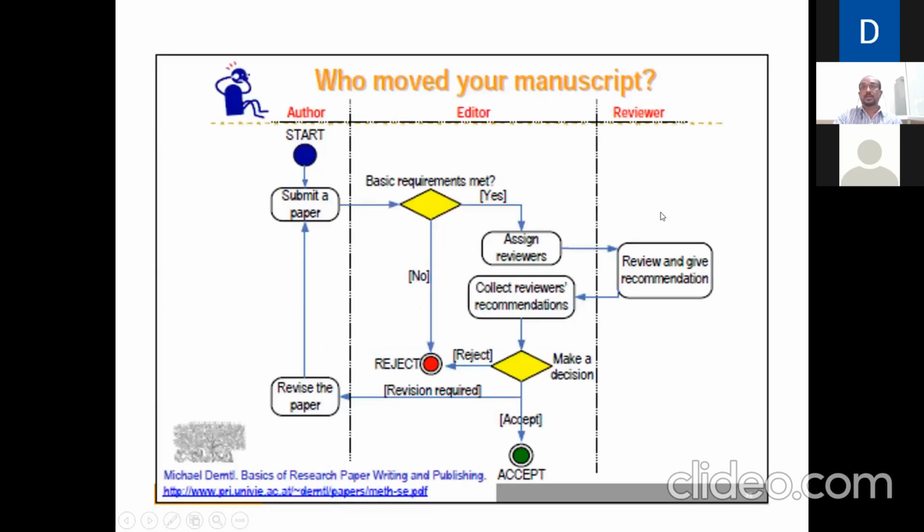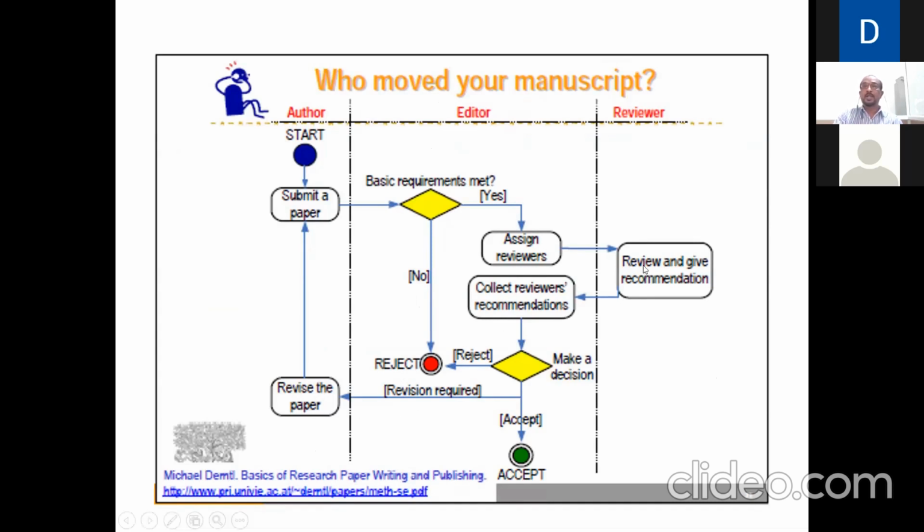Okay, this is how your paper will be submitted, and what the process in the journal is. There are 3 parts: the author, editor, and reviewer. If you are the author, you submit the paper. If you are following the author guidelines properly and meet the basic requirements, they can go forward with it. And if your abstract is very nice, your title is very good and it is very interesting,